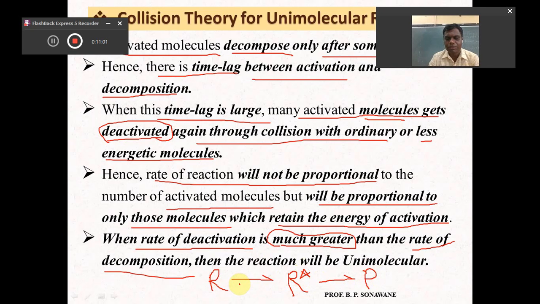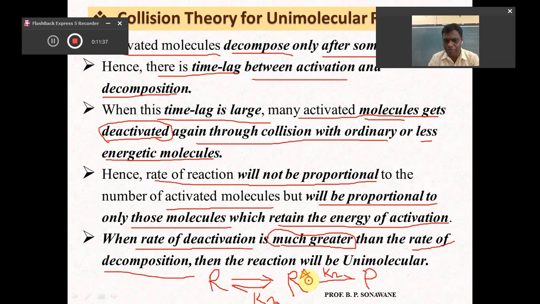So this is the simple reaction: the reactant gets converted into product through the formation of the activated molecule initially. This is the rate of activation, and this is the activated molecule. Whenever it gets converted to product, this is the rate of decomposition, and whenever this activated molecule is reconverted into reactant, this is the rate of